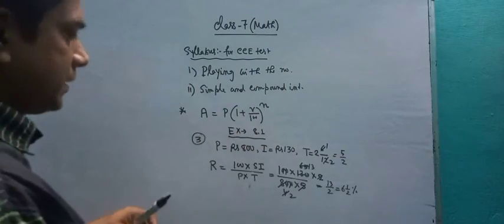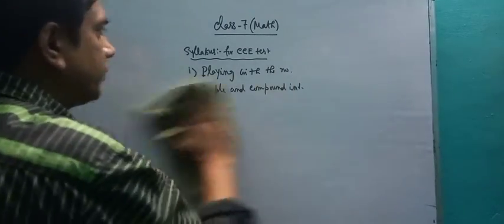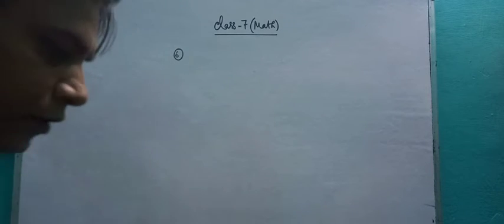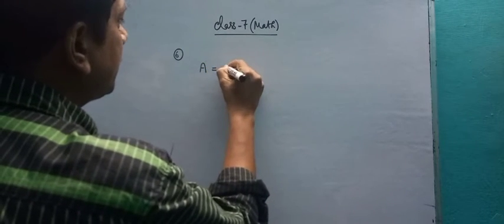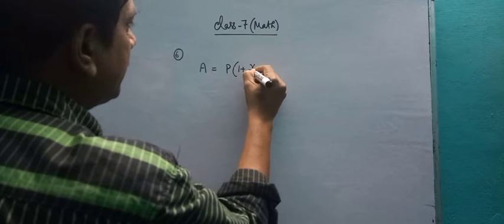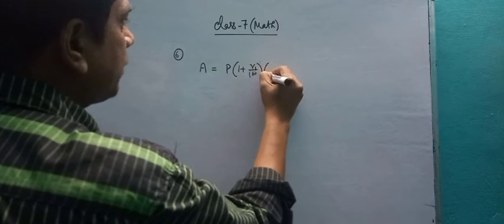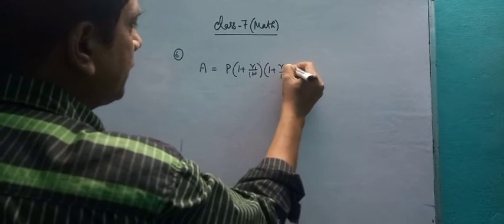Another math. Suppose from exercise number 8.2, question number 6. What is given there? Calculate the amount and compound interest on these 2 years when the rate of interest in successive years will be 6% and 8%. So the amount is what? You know the amount will be P into 1 plus R by 100 to the power n. Where the rate of interest is of 2 types, you can write it R1, R2 by 100 in this way.